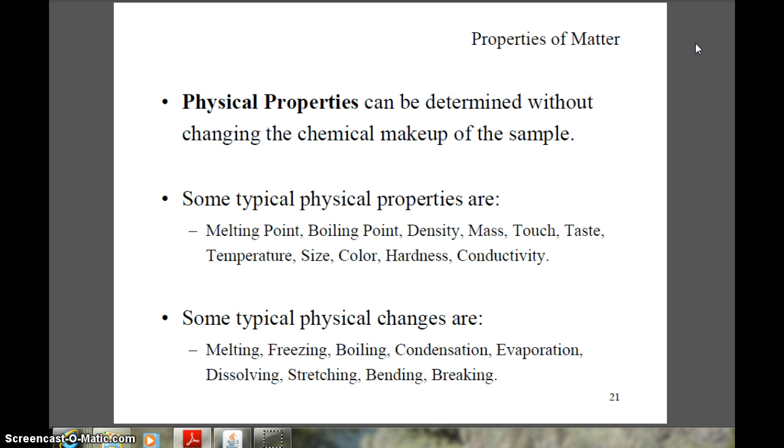Another way that you can classify properties is physical properties and chemical properties. Physical properties are those which are like density, mass, touch, taste. They've got not much to do with the chemical reactions and the chemical makeup. And while studying them, you're not going to change the chemical makeup of the sample. For example, if you consider melting point, let's say you take ice and you allow it to melt